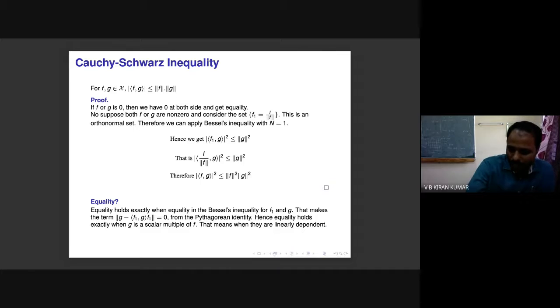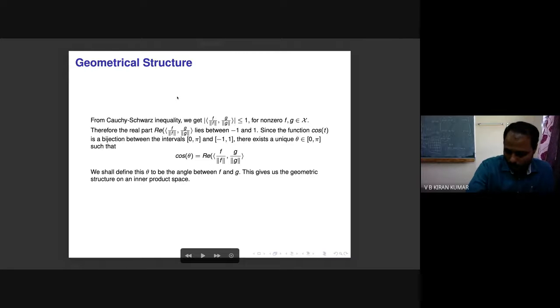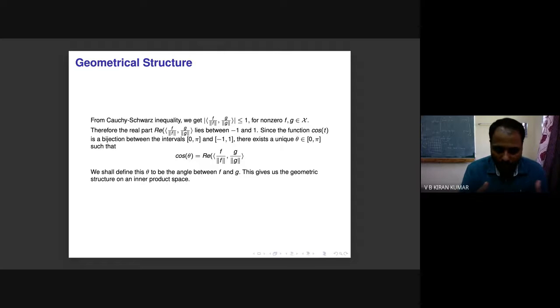Okay, so that is the idea. Now we have enough material to prove that this is actually a norm. I will come to that. Before that, let me introduce something. Using this Cauchy-Schwarz inequality, I already mentioned that my aim is to generalize the geometry connected with the dot product. So I generalize the dot product to an inner product. Using that, I can also generalize the notion of angle, right?